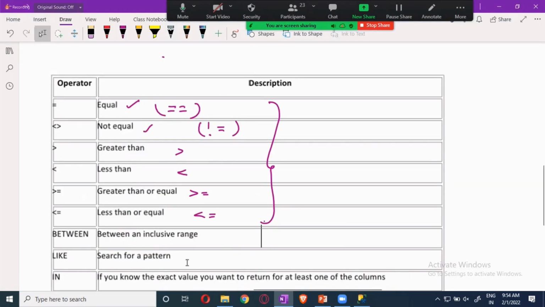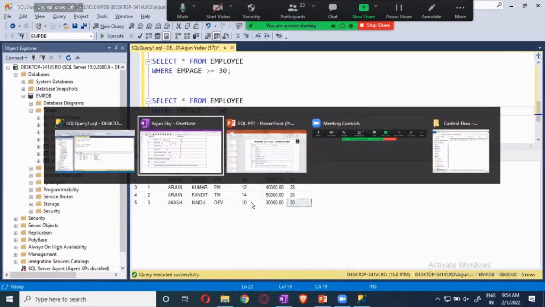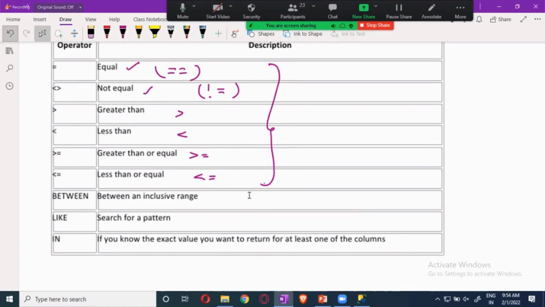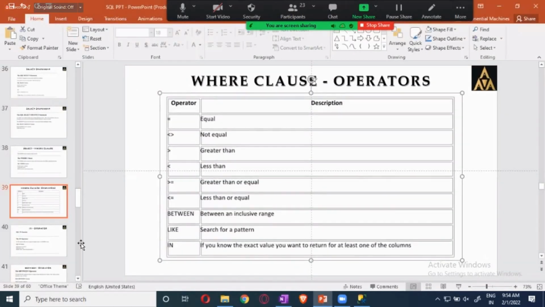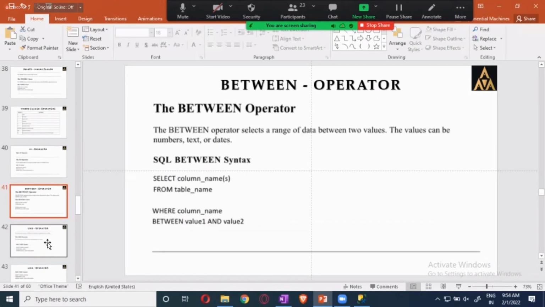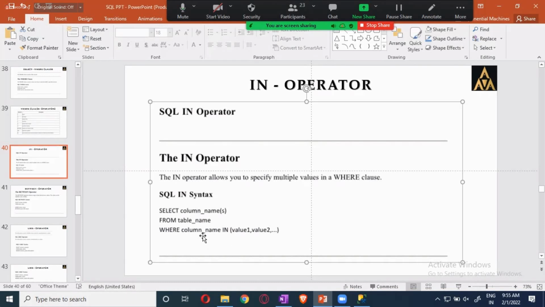Now the between, like, and in. So let's start with in, and between is like you will be getting the values just like how you will be doing with between, guys. Let me show you the syntax over here. The in is the one with which you can compare multiple values. If you want to compare, you will be using the in operator, just like in Python, how you compare a particular value in a sequence of values.